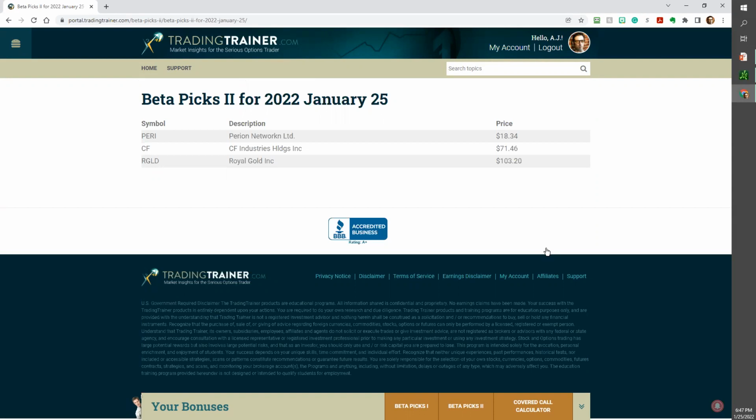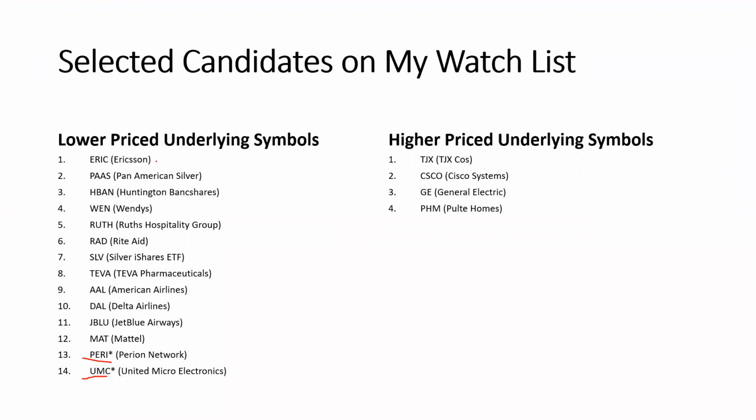And they'll throw symbols at us, and we'll pick the best of the best during our workshops. And then we'll plan it out for everybody so that they can follow along, adjust it for their portfolio size, their risk appetite, and then we can all trade it together, right? So that's where a lot of these symbols on my January watch list have come from. Either our screeners in our program or even some of our community have contributed some of these candidates.